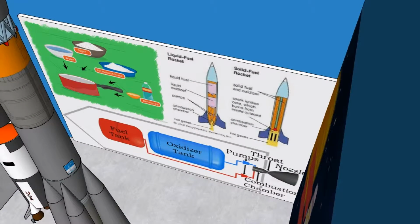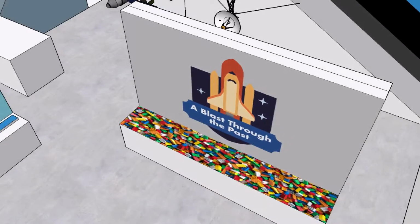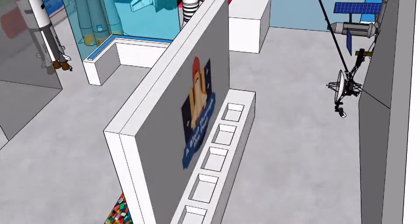Additionally, the interactive touchscreen serves as a remote that is used to open and activate different features of the accurate and large rocket models of the famous launch vehicles from the history of space travel. In the background, there are large touchscreens with interactive schematics of various components of rockets appropriate for both younger and older audiences. After learning about the components of a rocket, you can head over to the Build Your Own Rocket